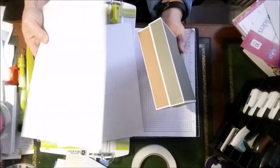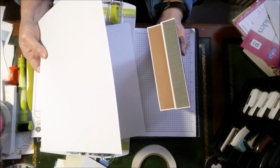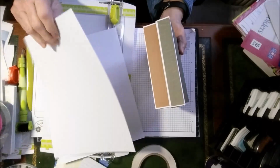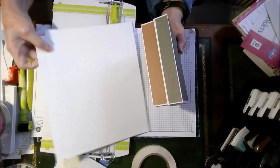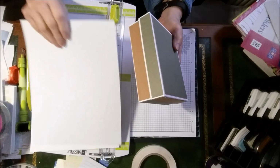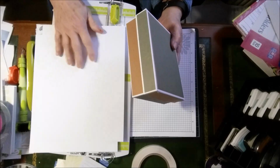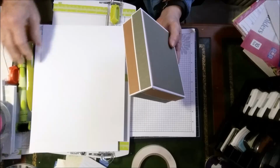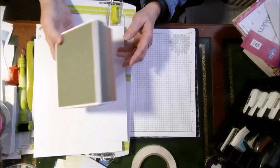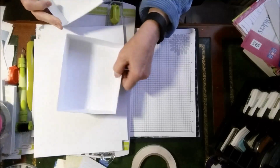I happen to have a ream of the white Nina cardstock and a ream of the black. And it's 110 pounds, so it's very thick, and I'm finding that it's not the easiest to work with as far as cards. The people that use it for cards, I admire them, because I just struggle with the thicker cardstock. The 80-pound cardstock to me is much better. But I thought what I would do is show you how I made this box. It's very simple